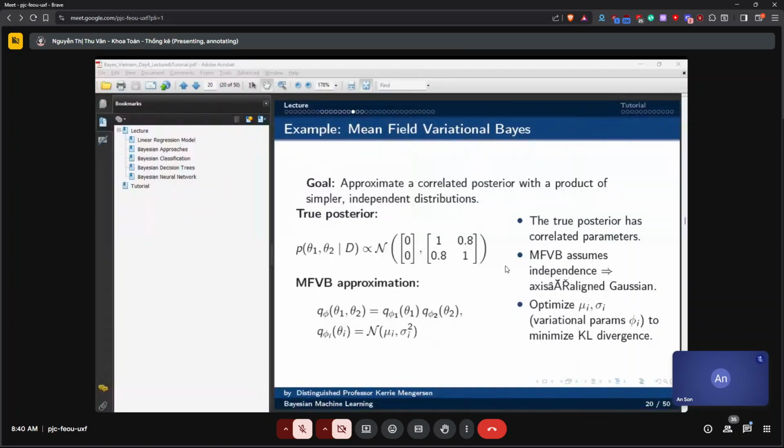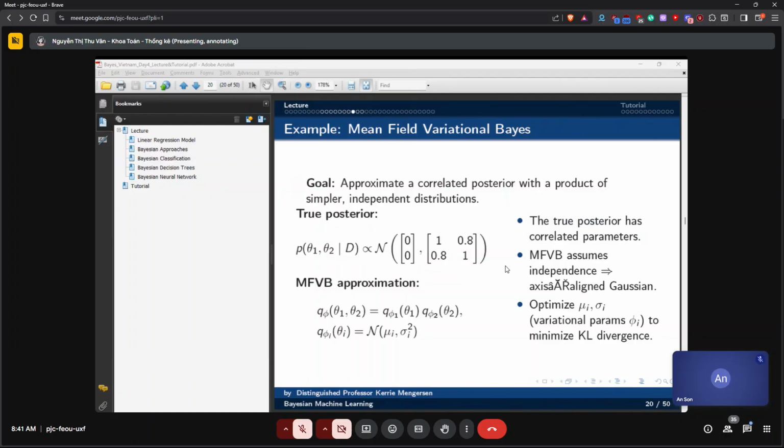Then we would simulate θ2 given θ1 and D. Then we would simulate θ1 given the value of θ2 that we've just simulated and D. That would just be univariate normal distributions. In a variational approach, we take the distribution that we have and we ignore the correlation. The true posterior distribution has correlated parameters, and the mean field variational Bayes assumes independence. So instead of taking the correlation into account, we just assume that they're independent and we optimize over that.